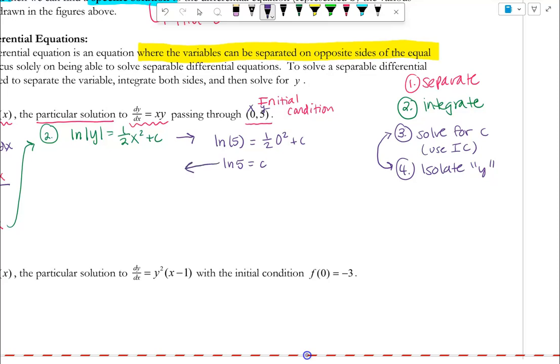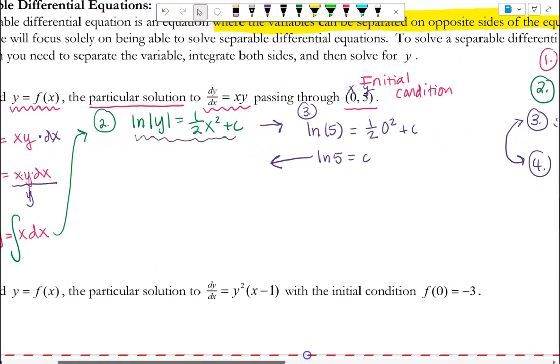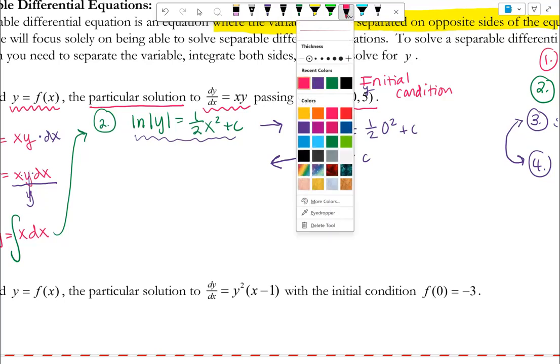So this is very important. When I go back to plug this in, like when we find c, I have to plug it in this exact step, exactly where I was. I cannot manipulate my integration equation anymore, because if I do, c is going to change when I do that. So I got to be really careful there. All right, so I'm going back, and we're going to do that final step where we're actually going to solve